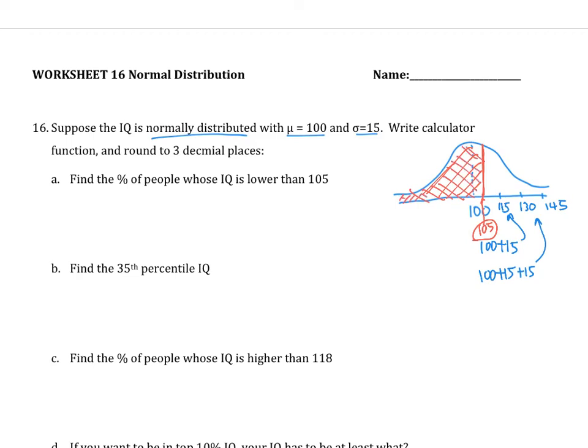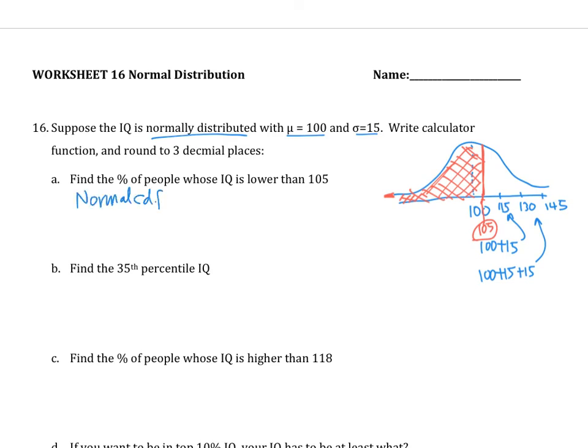Again, theoretically, it goes on forever. Here it's probably stopping at 0. In this case, I guess it doesn't matter if you put negative infinity or 0. So I want to find the percentage of people. I'm noticing that this is half, so that's 50%. It's more than 50%, so maybe like 60, 70, something like that. That was my guess. But if I were to find it precisely, I'll do normal CDF.